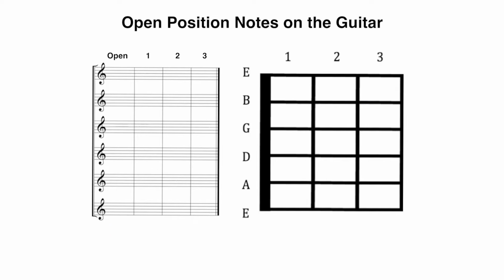Starting here with a low E string, we have the open E note. At the first fret, we'll have F. The second fret will be F sharp or G flat, so we'll skip over that, and then we'll add G. Moving on to the next string, we have open A, followed by second fret B and third fret C.